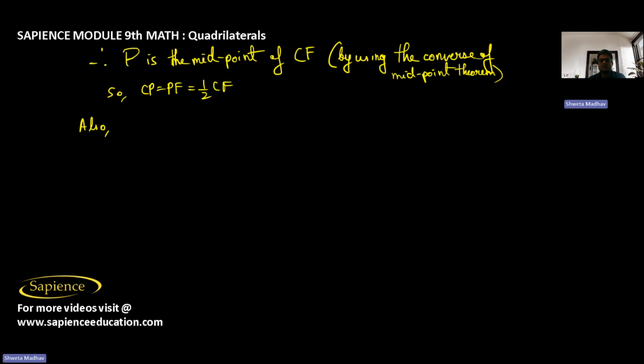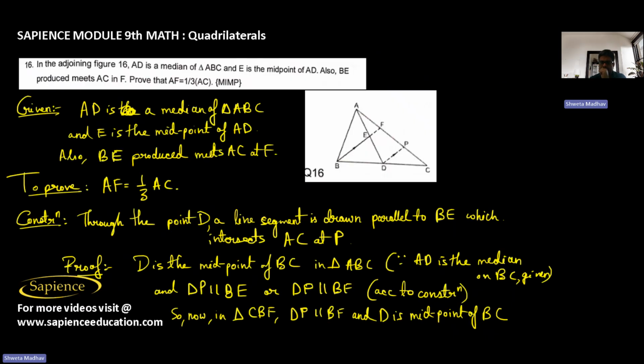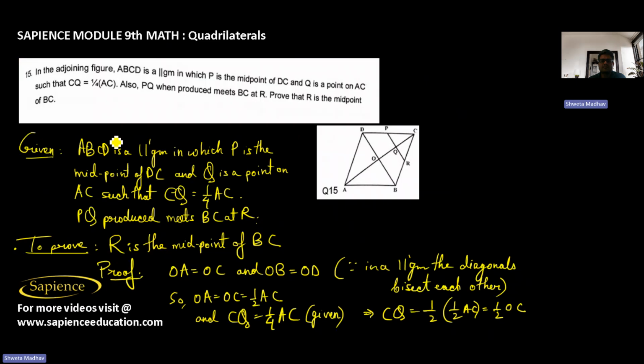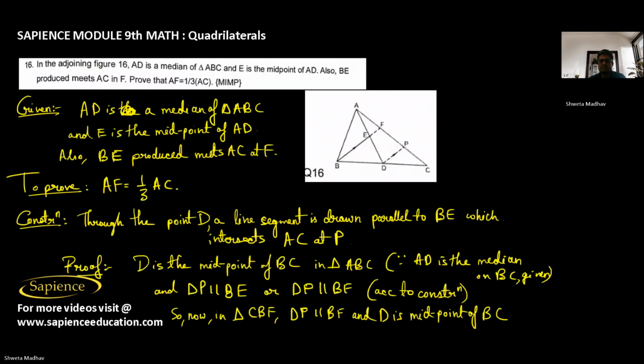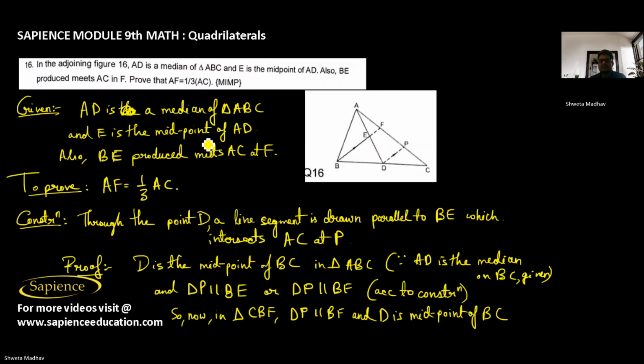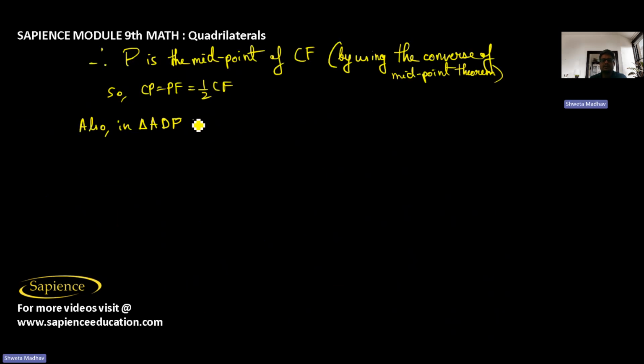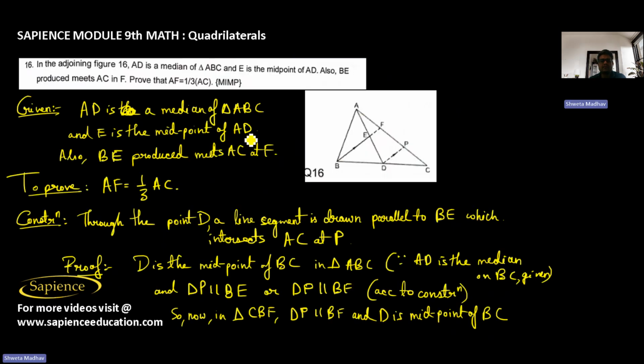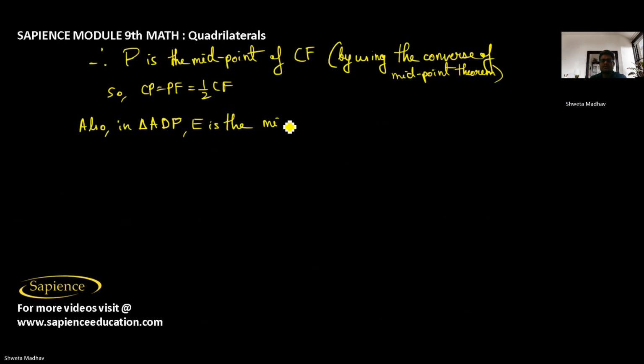Also, you can see that in triangle ADP, E is the midpoint of AD, which is given,